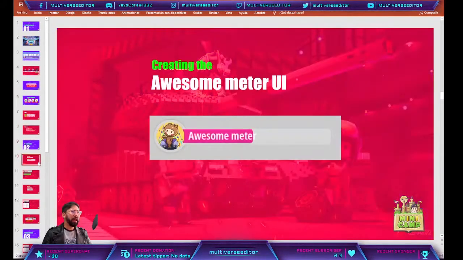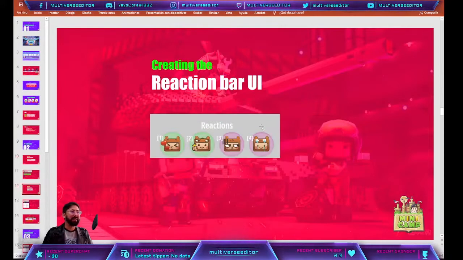So our reaction bar is going to be composed of two things. First, we are going to have the awesome meter. You can call it whatever you want. The important thing is that it's a bar that you can fill or you can just remove. Don't worry, I'm going to teach you how to do that. After that, you will also be able to create life bars or anything similar in the UI, okay? And apart from that, we have a part that is the reactions, okay? It's something that the players can click on,